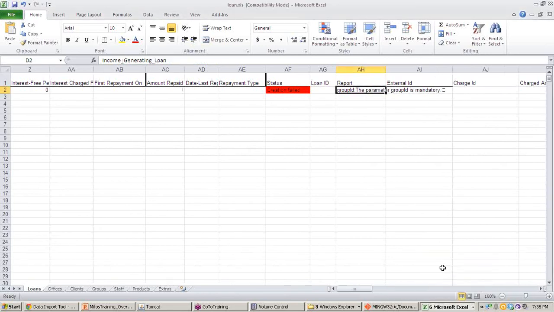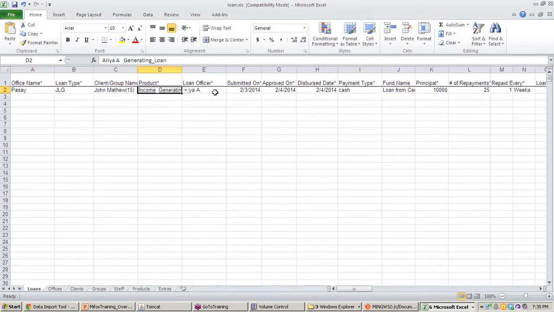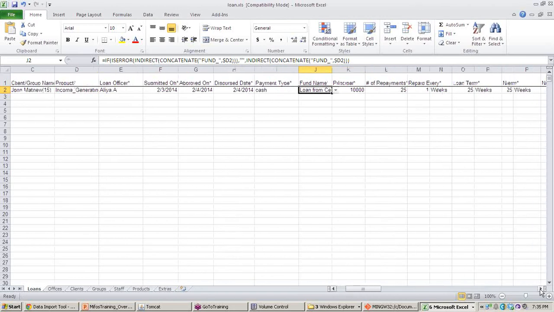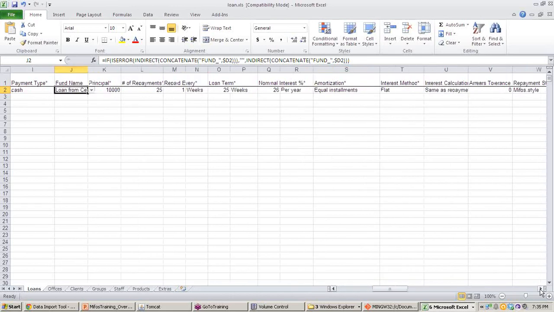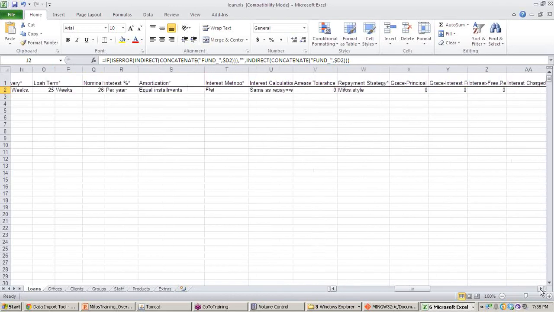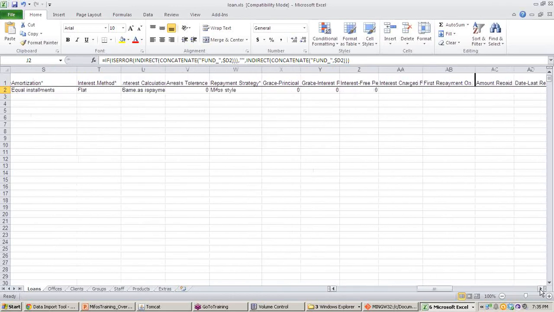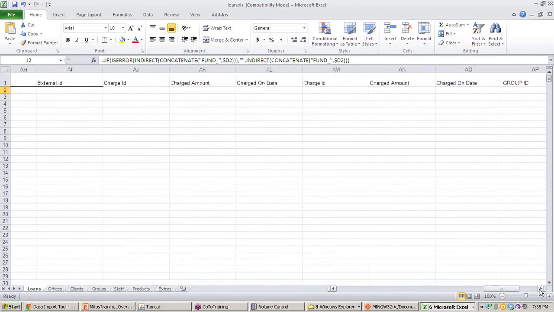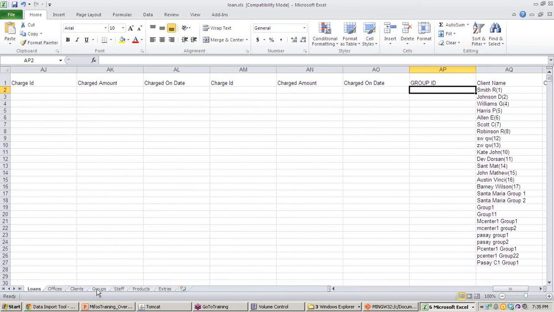Let's open that file. Everything is fine here, we have entered all the information. Let's go to the group ID. Here it is. You can get this group ID from another sheet in the same file.